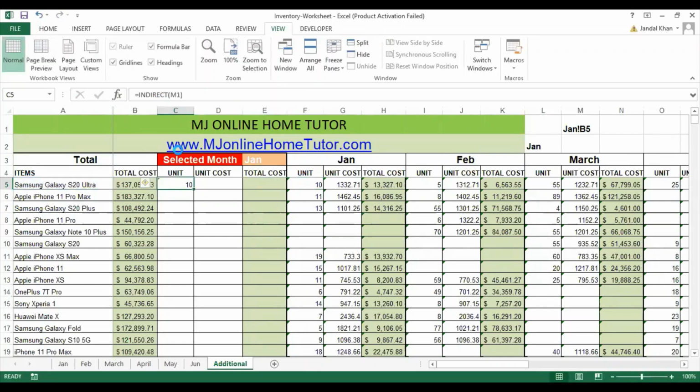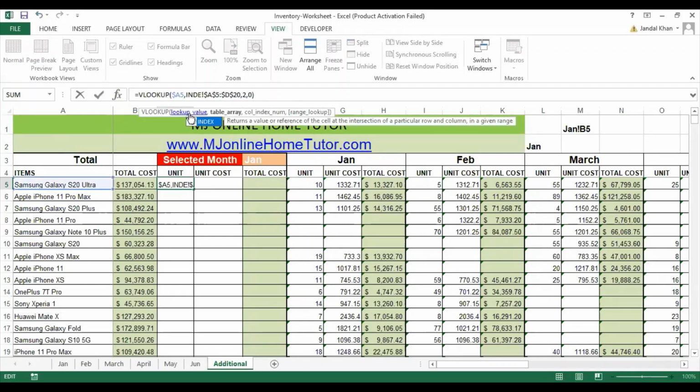So with the help of the INDIRECT formula, I'm going to apply the VLOOKUP formula here. So once we change the month above in the selected option, it will give us the data for that month.